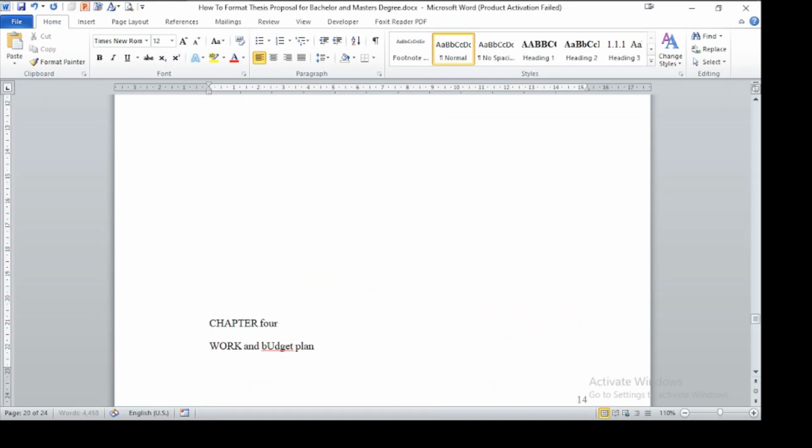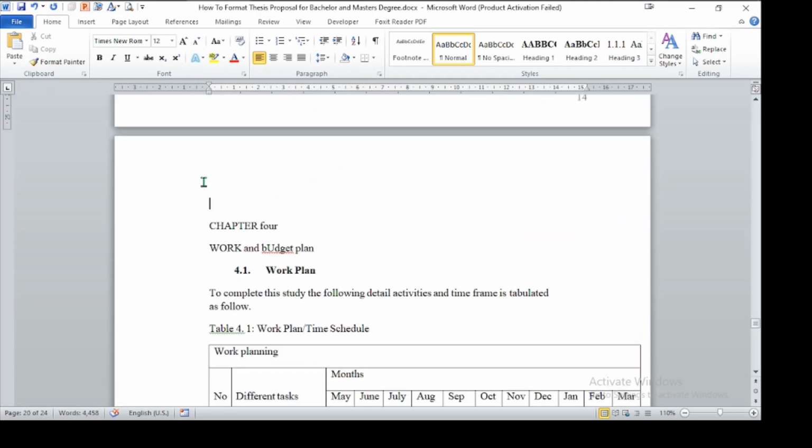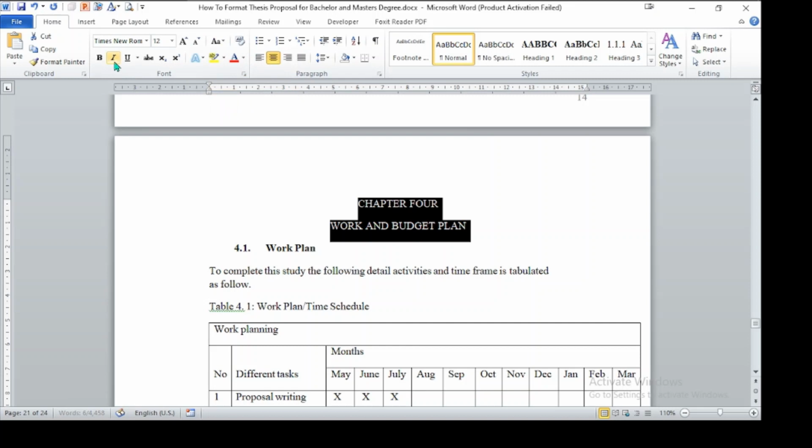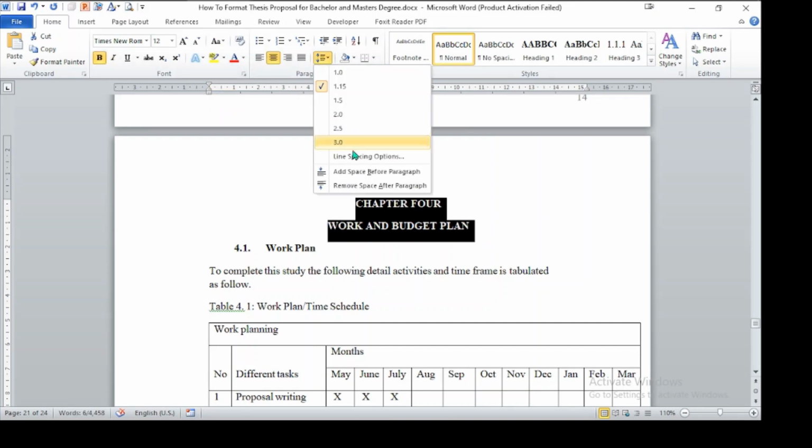Let's make it in a new page, and we need to make it at the center, and let's make it in uppercase and make it bold, and if there is a space you can remove. Okay,